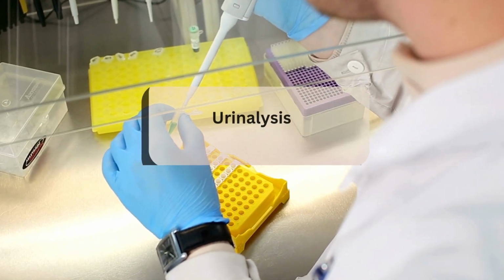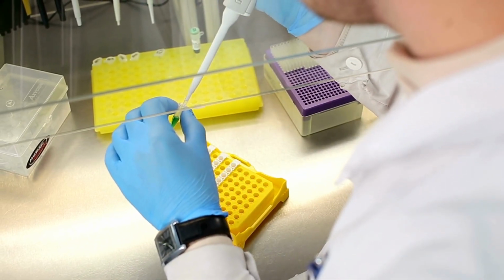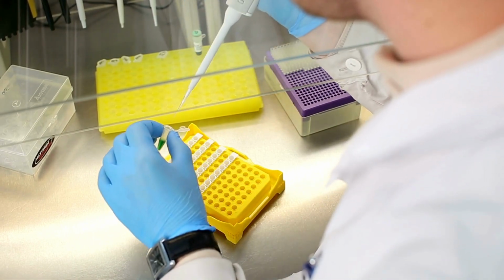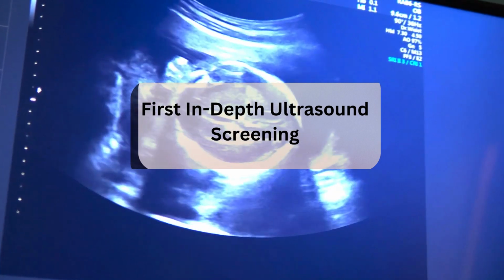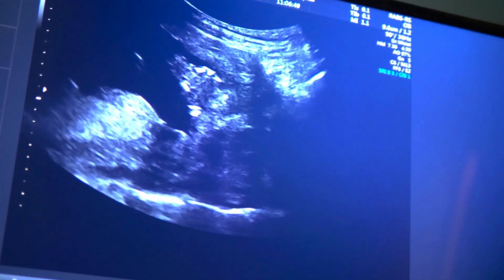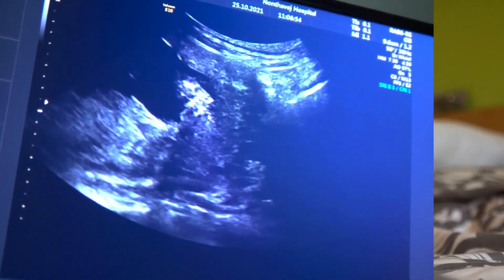A urinalysis is conducted once to exclude chlamydia infection, and then regularly at every visit to exclude urinary tract infections and pregnancy diseases. Between the 9th and 12th weeks, a first in-depth ultrasound screening is performed to determine the age of the pregnancy, the due date, and whether there are specific hereditary conditions to take into consideration, such as Down